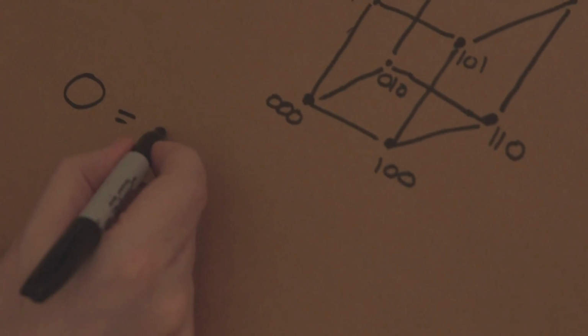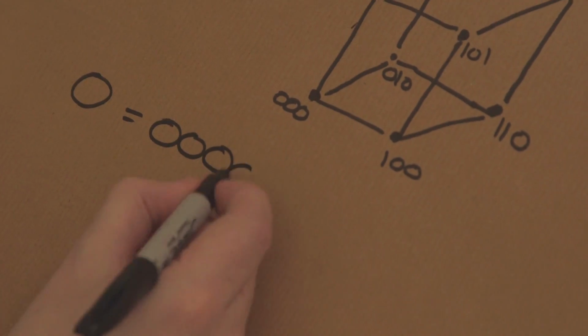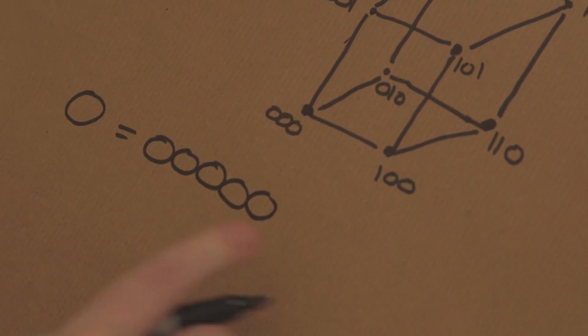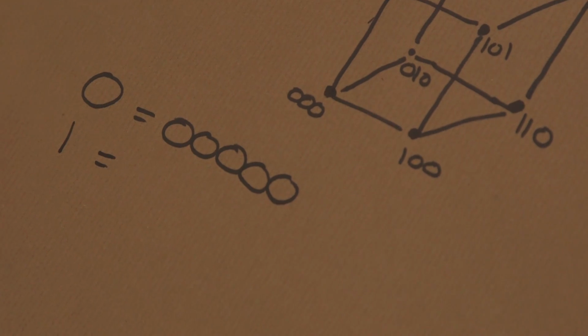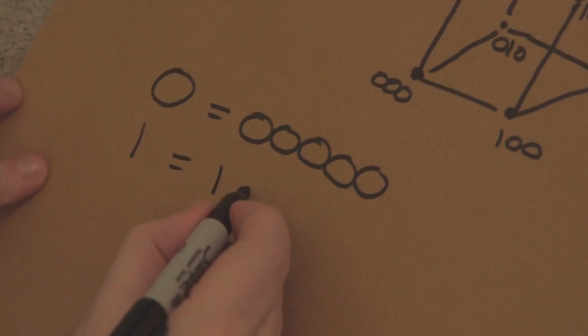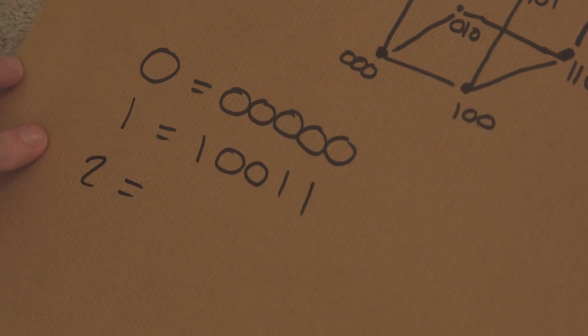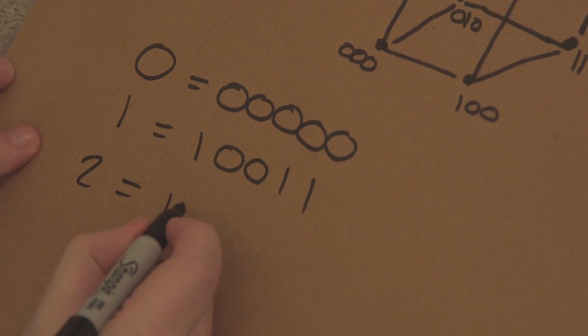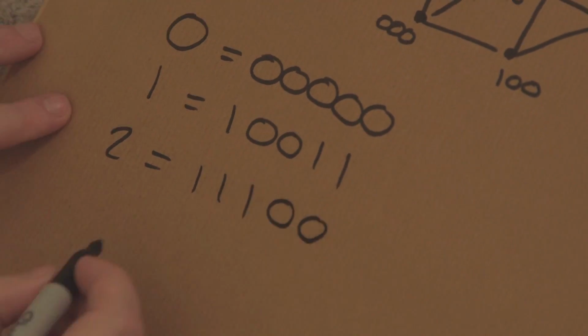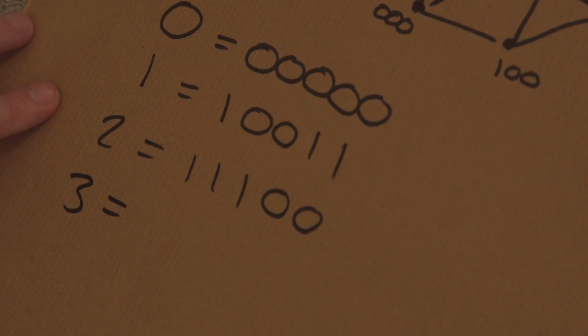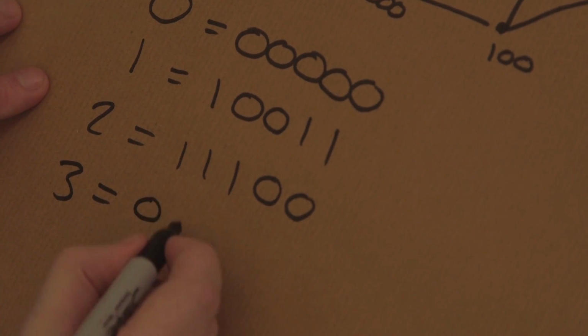So I'm rolling a tetrahedral die, I'm trying to send the result, and I'm going to either get 0, 1, 2, or 3. 0 is going to be transmitted as 0, 0, 0, 0, 0, so 5 digits. I'm going to have 1 be 1, 0, 0, 1, 1. 2, I'll transmit as 1, 1, 1, 0, 0. And 3, I will transmit as 0, 1, 1, 1, 1.